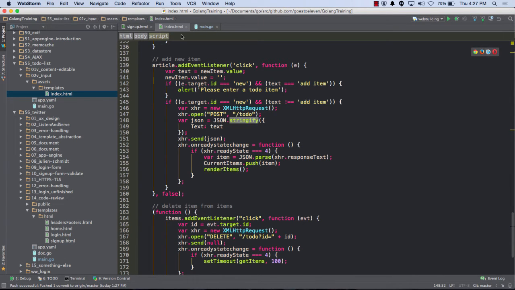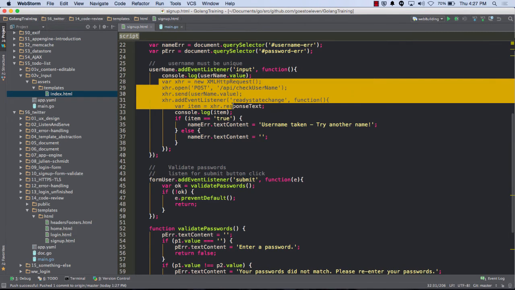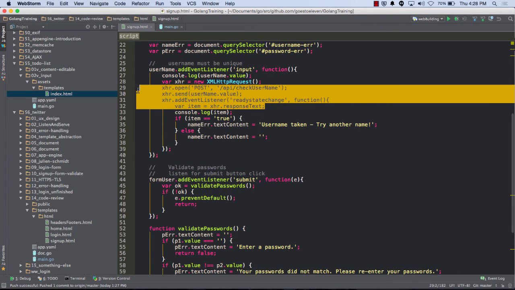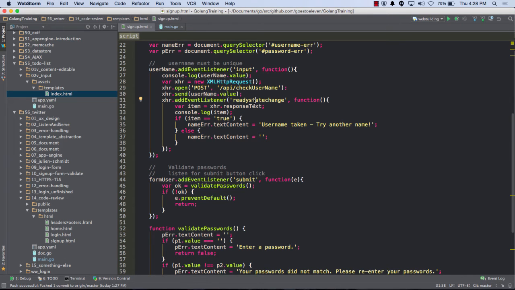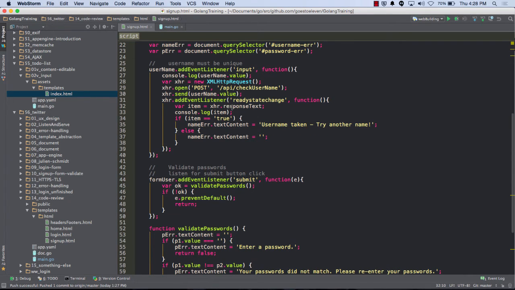We're talking about Ajax. That's not the page I want. This is the page I want. So I put in a string, and then I add another event listener. This is the last part of Ajax right here. All of that's important, but the ready state change and the response text are the other things. So I add an event listener, ready state change, which is listening for a change in state. And then I have a function in that event listener, and I'm going to get the response text.